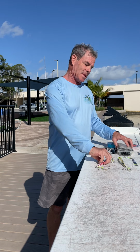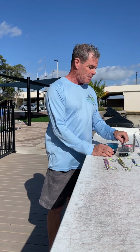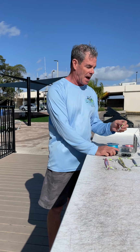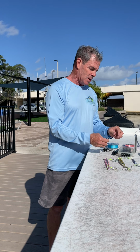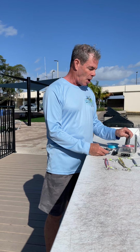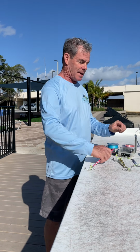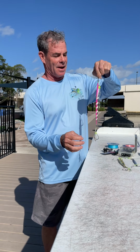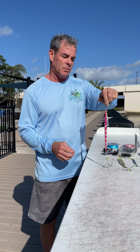Jigs, we'll talk about some different jigs and some components to the jigs. I use double assist hooks on almost everything, both sides, number 5s, except for the smaller ones. I use maybe a 60-pound double ball bearing swivel on each rig. You can see it right here. Okay, and that's like a standard jig setup,